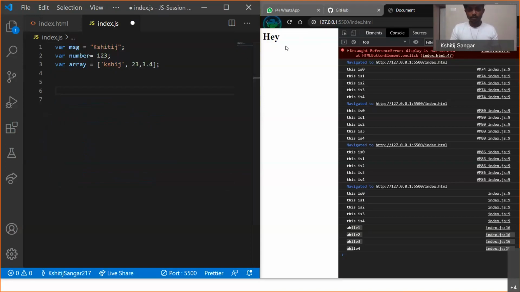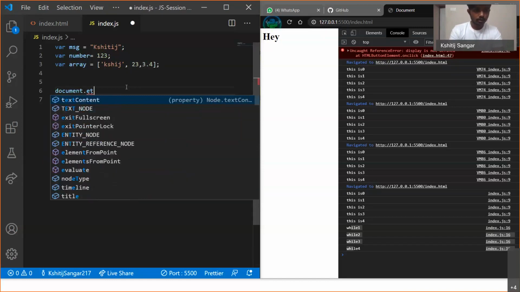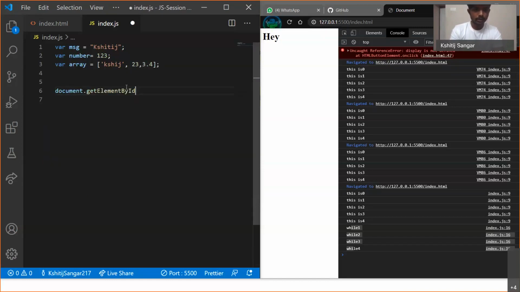There's another thing. Whenever you're working with JavaScript, as we said before, in a simulator you have to change various aspects of the website. Like whenever you click on the button, you want to move a block or image from left to right. In that case, how will you get access to those elements in this website? There is this command, document.getElementBy, get element by tag, I would say. There are various options here.